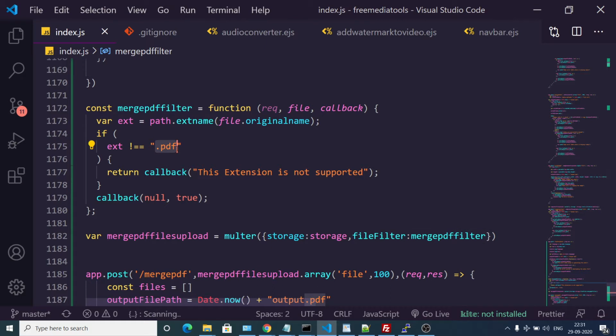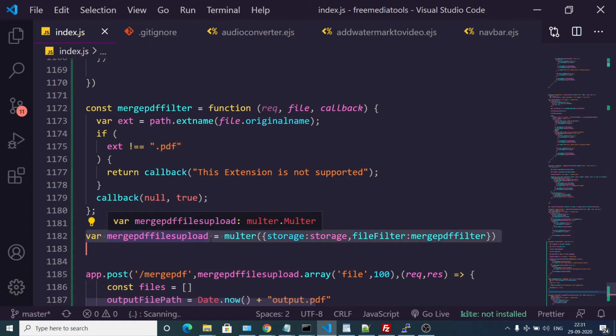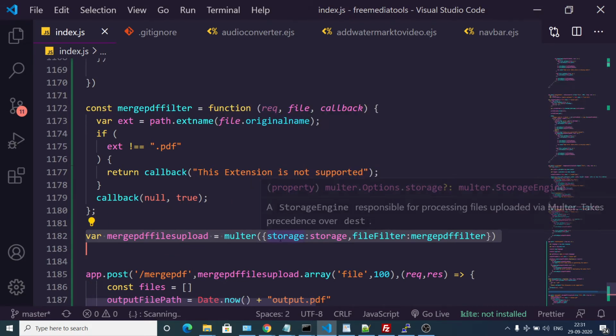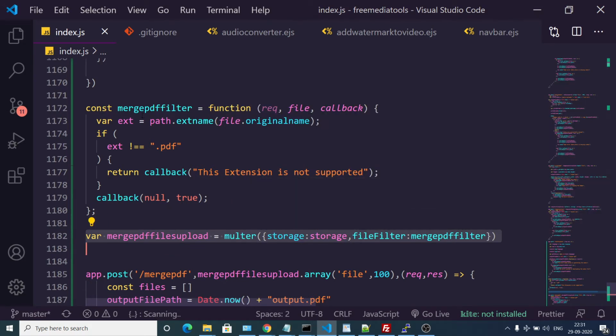If you upload any other file, this error will take place: this extension is not supported. So basically we are checking the extension. If the extension is not equal to PDF, then send this error. And then we are calling this merge PDF files upload, calling the Multer library, passing the storage and this filter that we have used. So now we simply need to use this middleware.